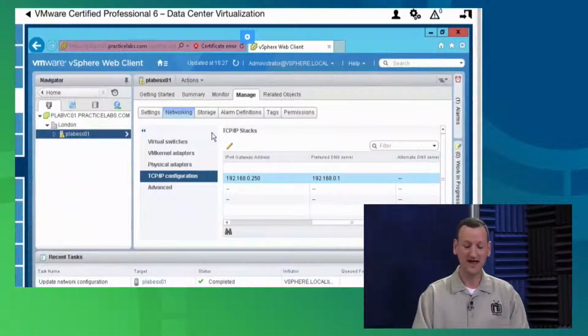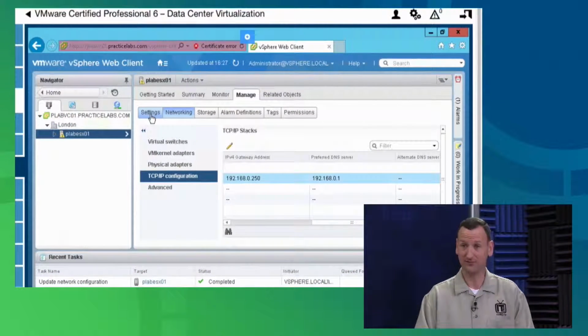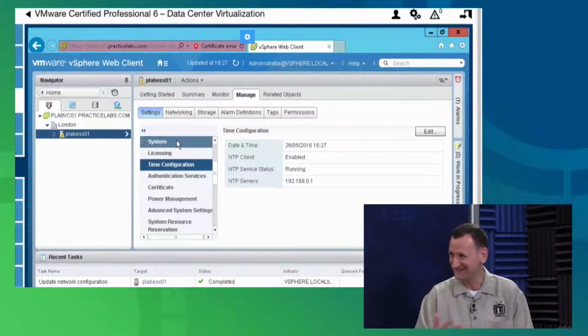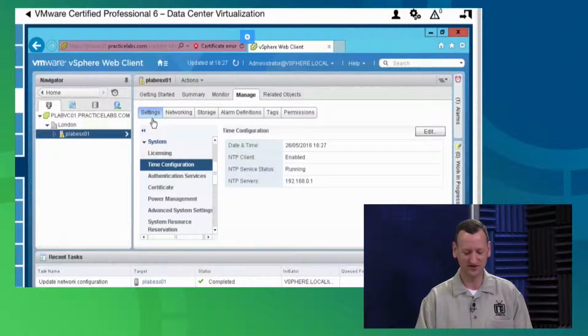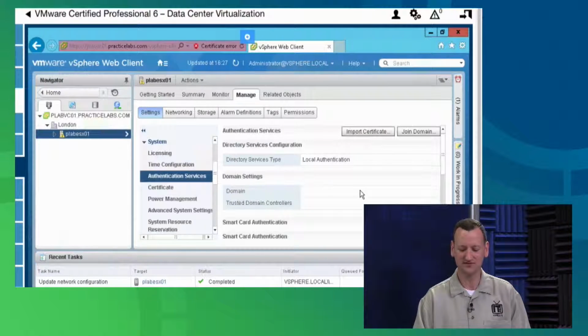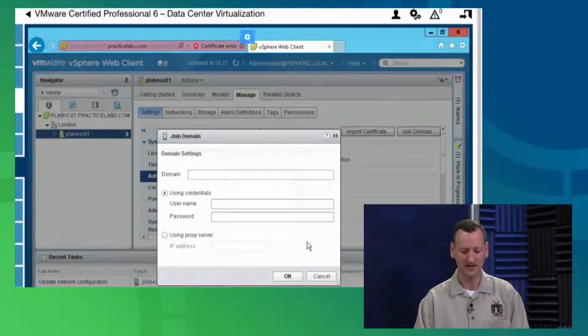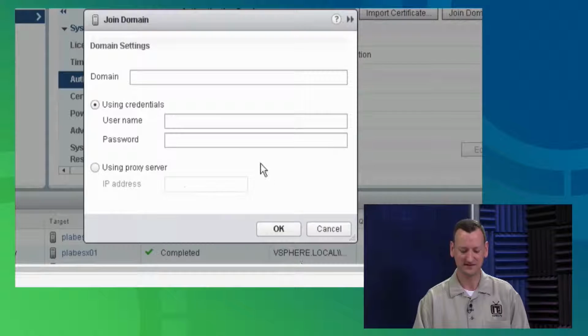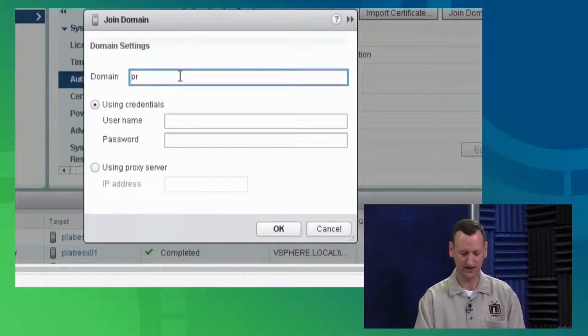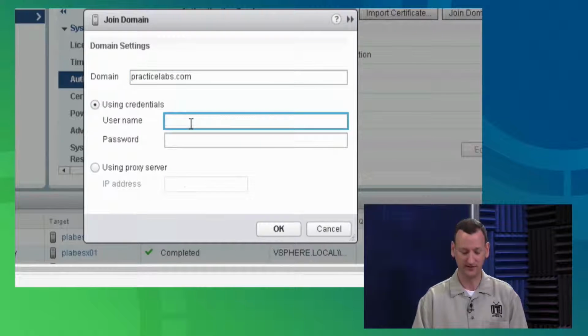All right, so now I should be able to join the domain. Assuming I've got connectivity and all that other good stuff. So I'm going to go over here to settings, back down to authentication services, and I'm going to hit that big shiny join domain button that's been tempting me this whole time. And now we need to provide some basic information. What's the domain called? Mine is practicelabs.com. And then what's a user account? That's something I probably should have looked up before the show, but I'll assume that the administrator account will work